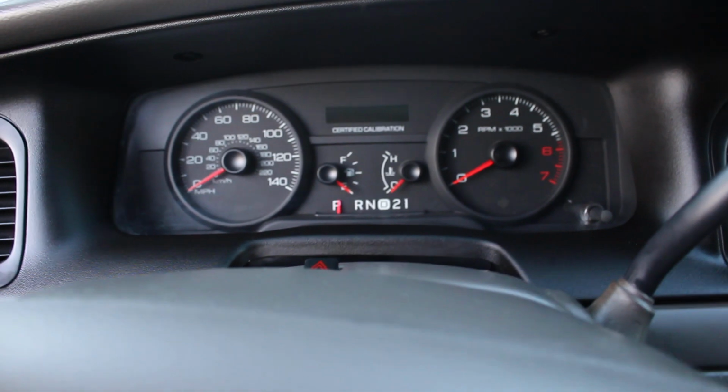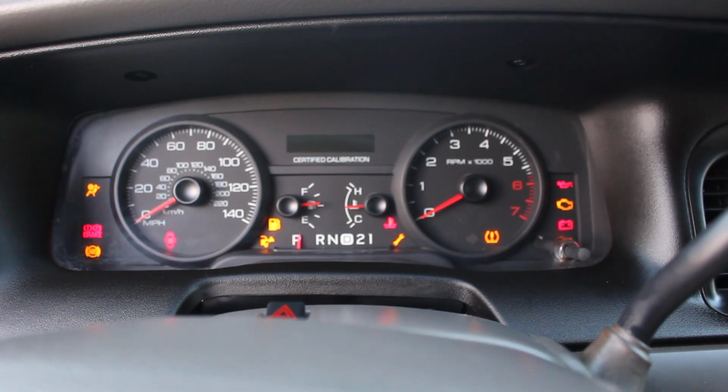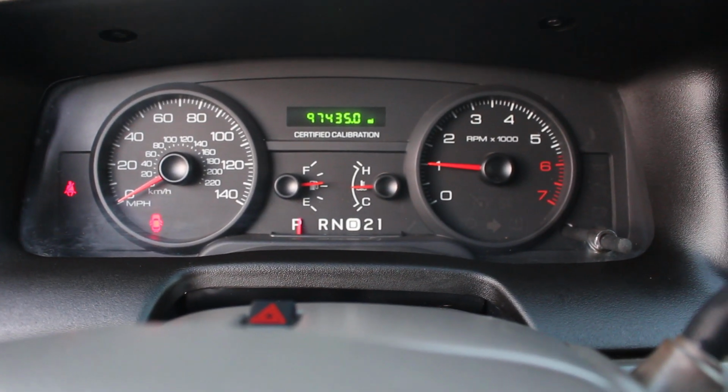Map lights still work. All right, let's fire her up. Hope and encouragement is the time that you need to call this number. It's